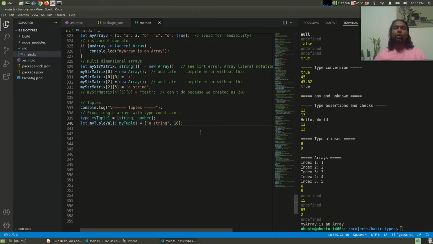TypeScript has a somewhat weird notion of a tuple. Tuples are fixed length arrays with type constraints. So now here I have a 2-tuple with a string and a numeric member. So I can make a variable which is assigned to an array with a string value and a numeric value. If I try to assign a different length array, you can do that. However, push still works,